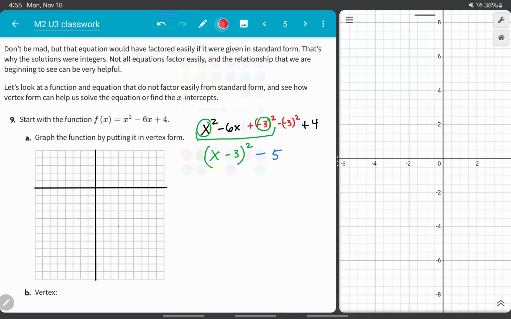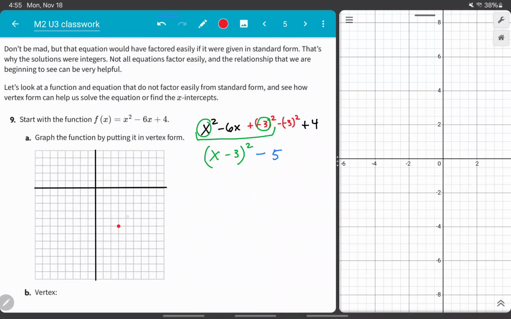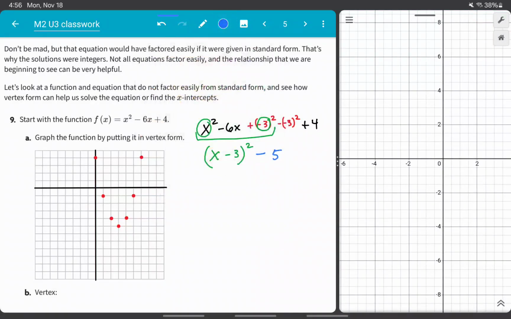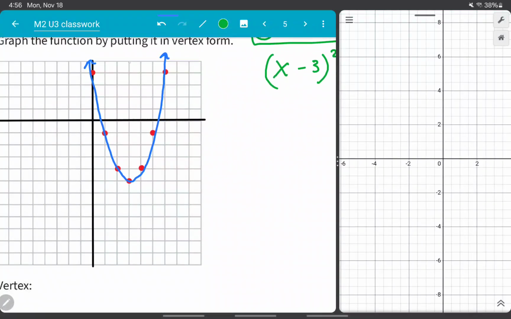Let's make sure that's a wee bit bigger. I'm going to graph my quadratic. And I need to go 1, 2, 3, 4, 5, like that. Let's get the curve. And our line of symmetry. Okay,